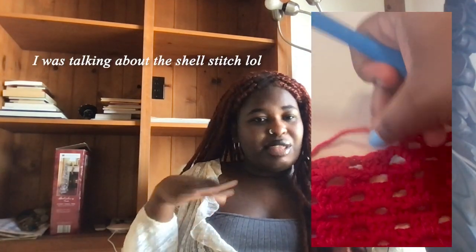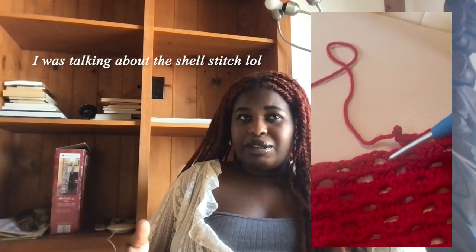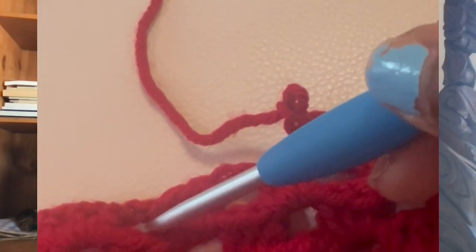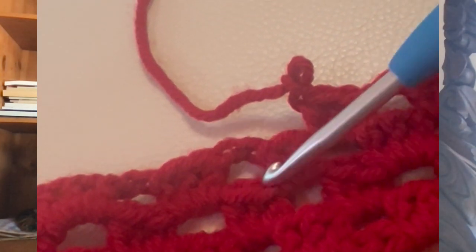We're very DIY over here. But this is where we run into an issue, because when you look at the triangle part, that part was seamless. I kind of already knew how to do that particular stitch, so it was really easy. But after I'd already crocheted a couple of 1,000 rows, I was like, oh wait, I should totally use smaller yarn for this. But like I mentioned at the beginning of this video, I only wanted to do this project because I had the yarn lying around. So if I'm going to go do all that, then